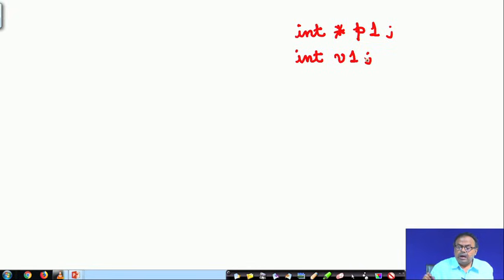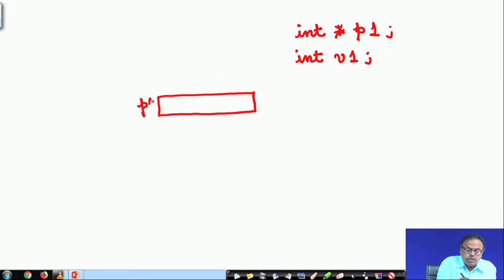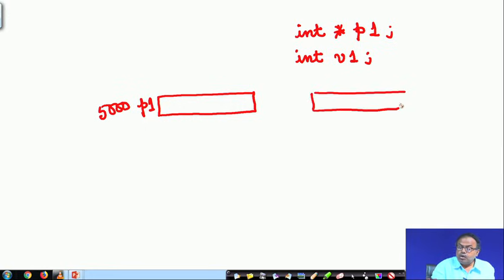That means P1 is a pointer, suppose located at location 5000, and P1 is a pointer to a variable V1, which is also an integer, located at location 1000. These two lines mean these two pictures.